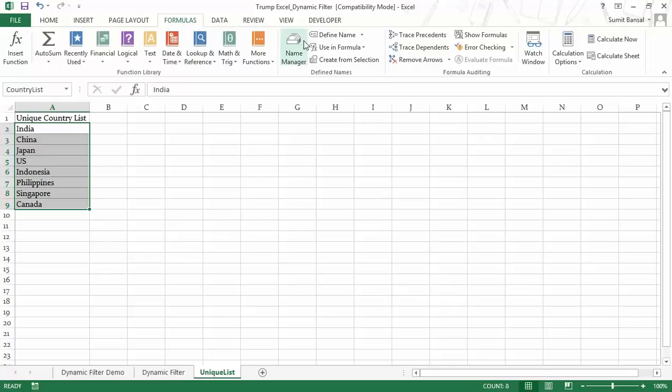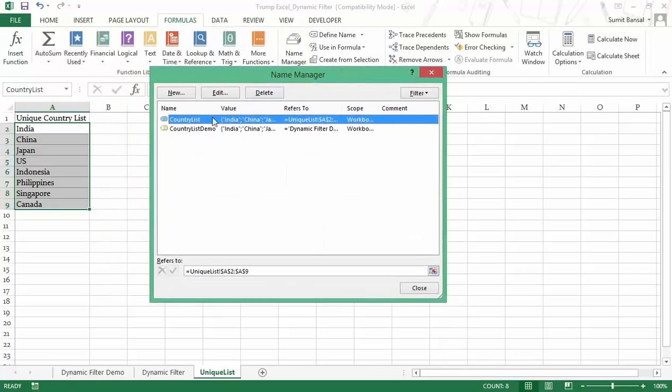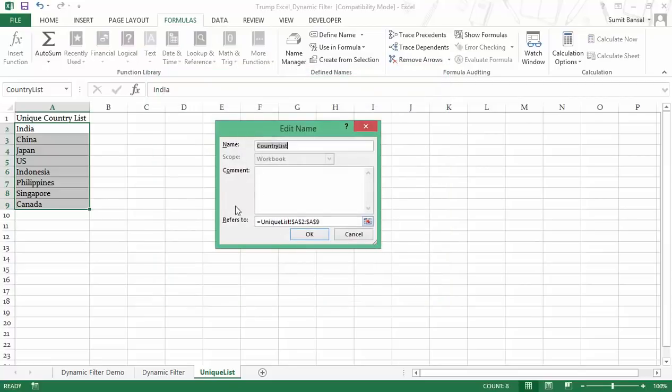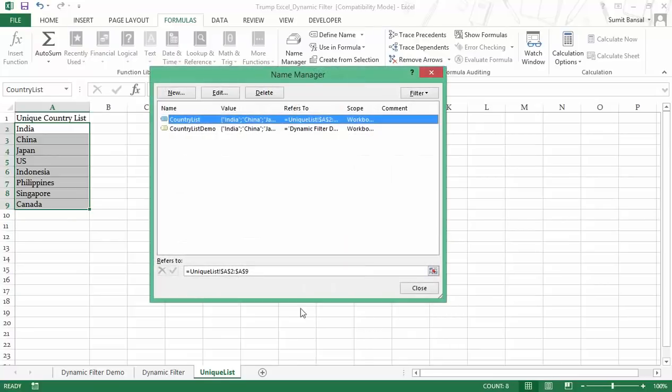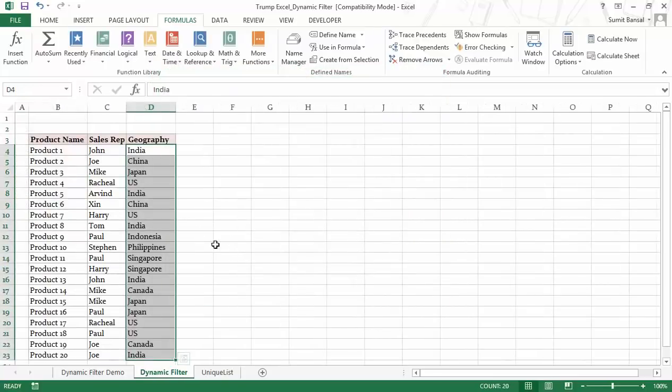You can go back and check here in name manager. You can see that here I have country list. I also have country list demo because it was the named range that I used in the demo that I showed you initially in this video. Now you can see if you click on this, it will show you unique list. This is the list. I'll go back to the dynamic filter list,